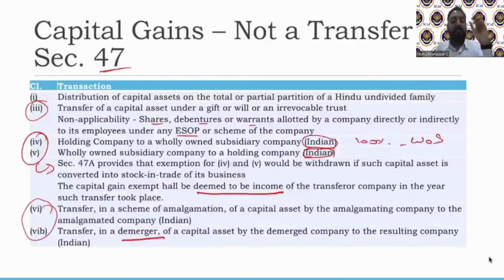If you remember, father giving a gift to a son, a building, the period of holding commences from the date on which father acquired, not the son holding onto that property. Reason, because transfer between father and son is not a transfer, correct? That's why we're including that whole period. Same way applies to amalgamation and demerger. The transfer is not considered a transfer. So at the time of ultimate transfer, you take the period of holding from this person and ignore this person. So that is why we are talking about why the provision is in place.